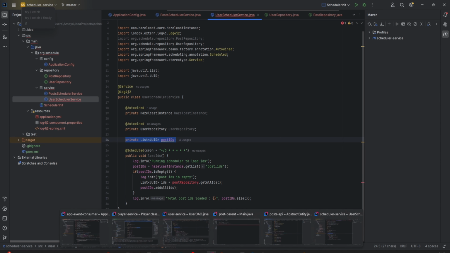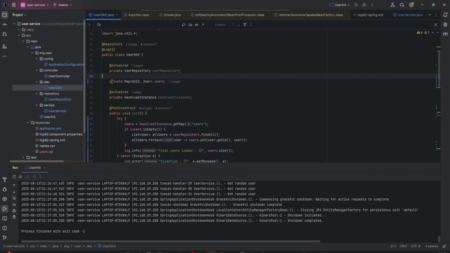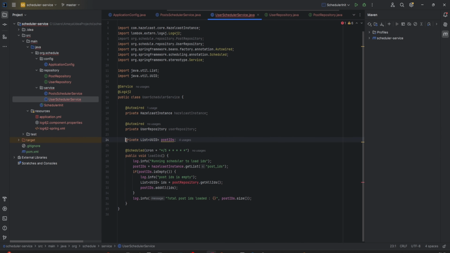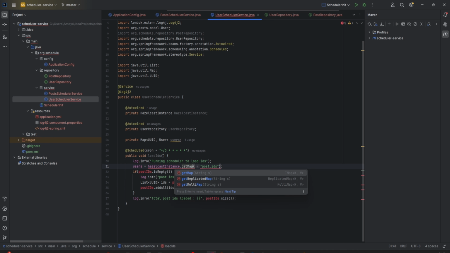Great. Users, hazelcast.getMap, that is users,